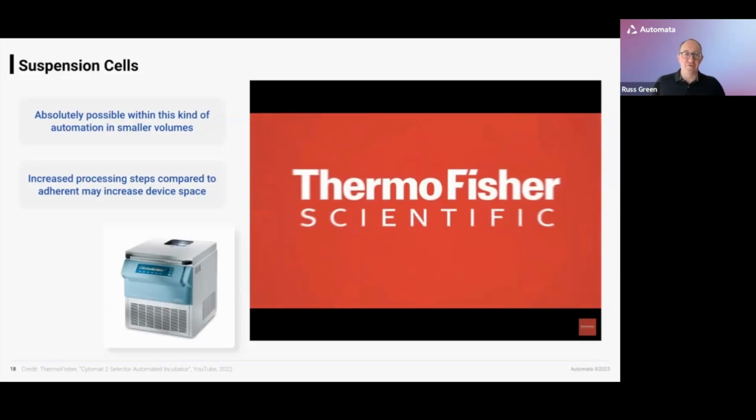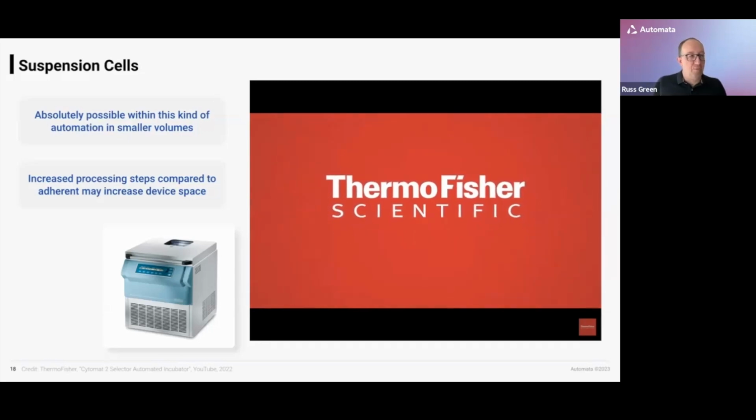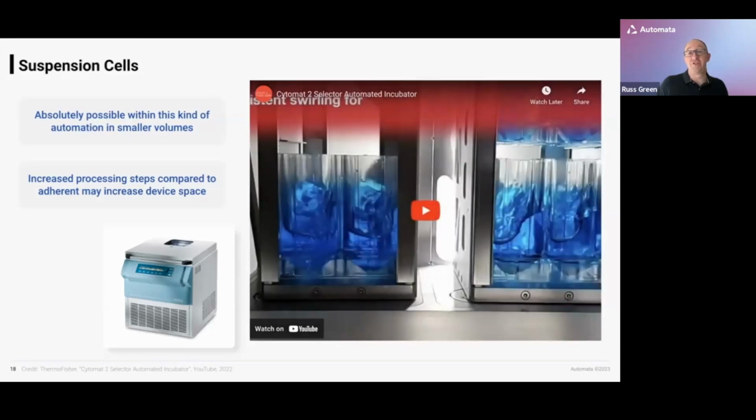So I include a picture of a centrifuge here because we may well have to pellet, almost certainly we have to have a centrifuge on these systems to pellet cells and allow us to do things like media exchange, splitting and cell counting. But those devices are available, especially when we switch into an SBS footprint labware-centric world.